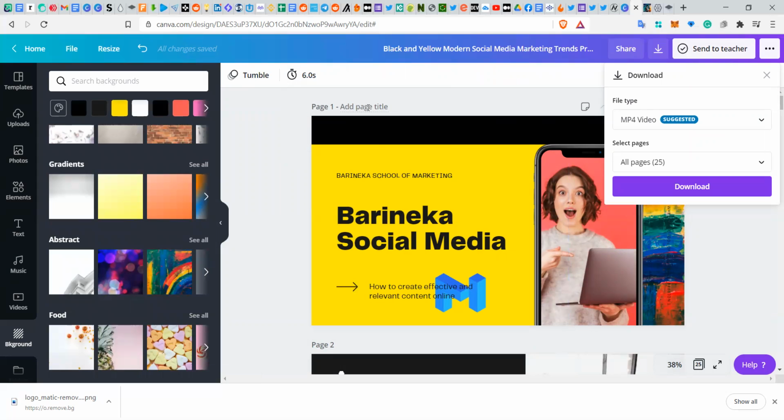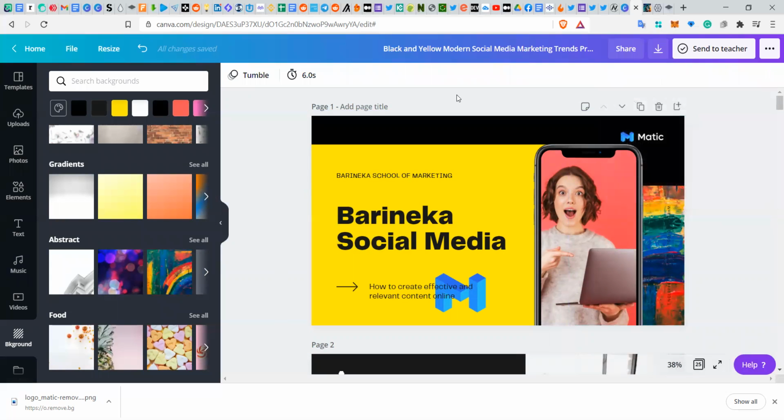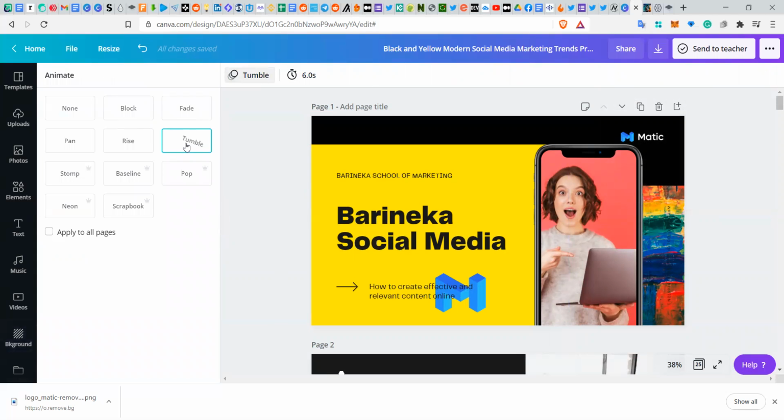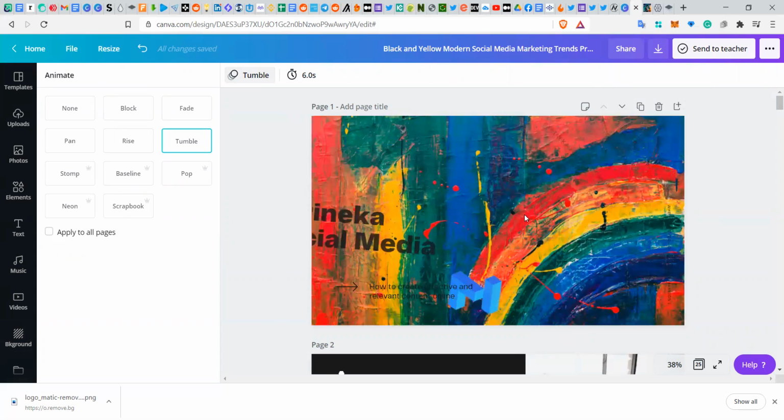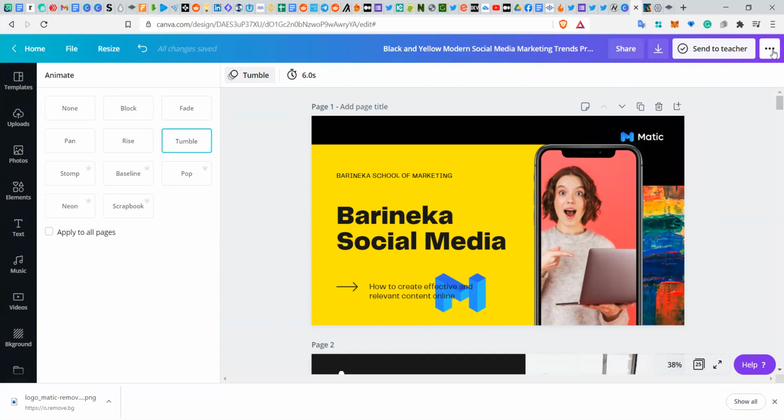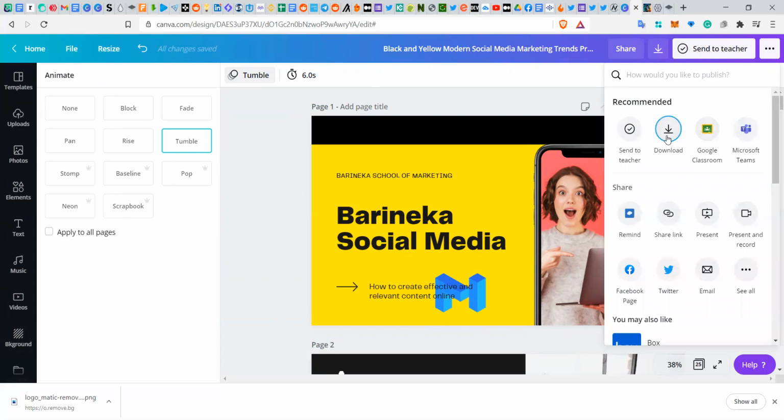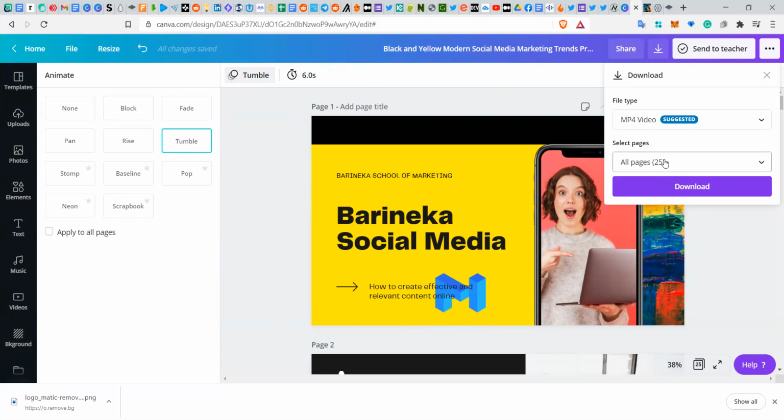Since we are on page one of this, should I say this slide, since it's video, you can actually download it as a video. If you're downloading as a video, it means it's going to play like this. Get the point now. Or if you want it as a picture like this, all you have to do is click on download, choose page one,